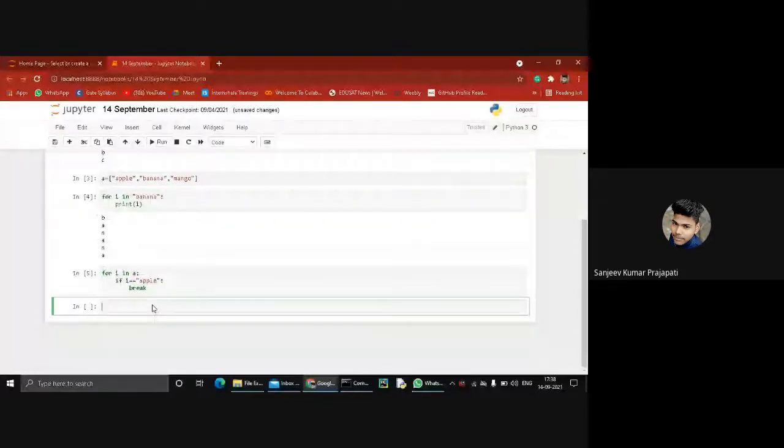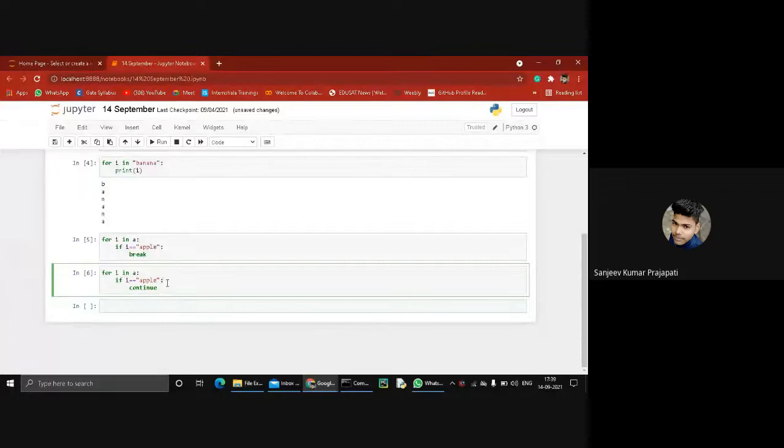We press enter, then nothing is printed because firstly the for loop is performed, then I in a. The value of I is zero in the starting condition because the index of apple is zero. Then the condition is if I equals apple. This condition is true, then it returns break. Break means it is used to terminate the loop.